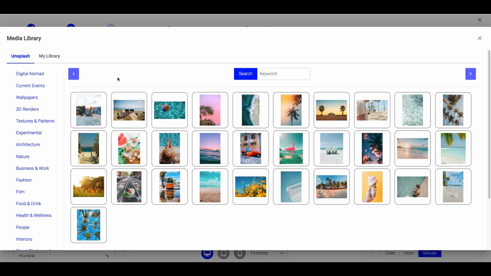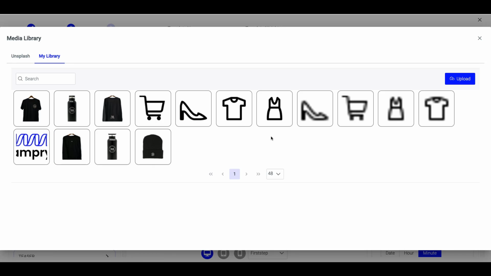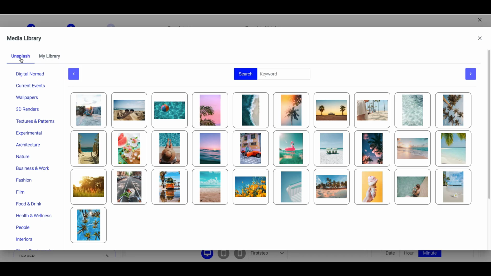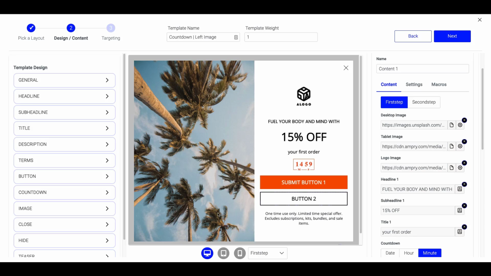So what you would want to do is come in and upload an image. You can go to your library, upload images here. But for the purpose of this, I'm just going to use our free Unsplash service that we have here. So I've searched for summer, and I'm just going to choose an image here. Because it was a vertical placement, I'm going to go ahead and choose this vertical picture here. Perfect, so we have it just like that. And then I also am going to go ahead and add it for the tablet and the mobile as well,